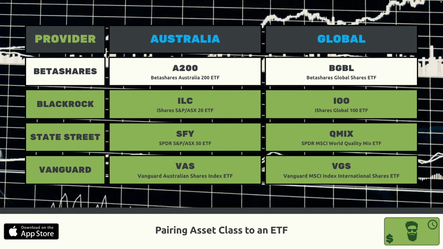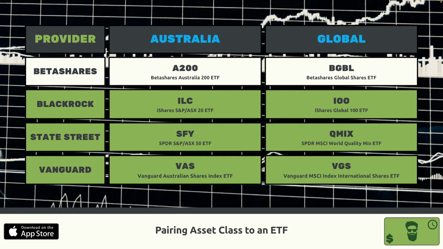The major providers are Betashares. You can use A200 and BGBL. And while the rest of the three are green, these are the ones we're going to backtest. So you can use ILC and IOO from BlackRock. This portfolio is just targeting the large companies, the ASX 20 and the Global 100, the largest 100 companies around